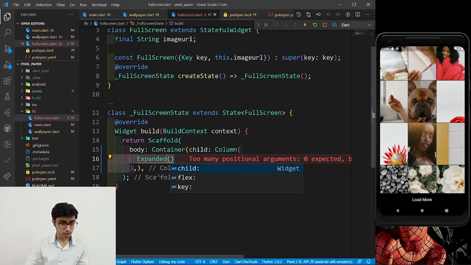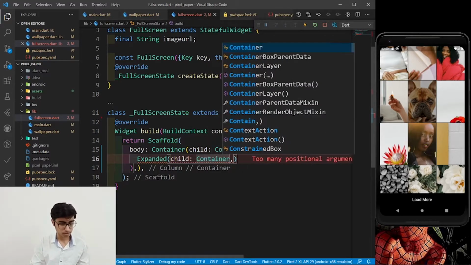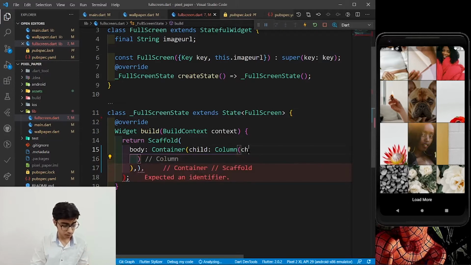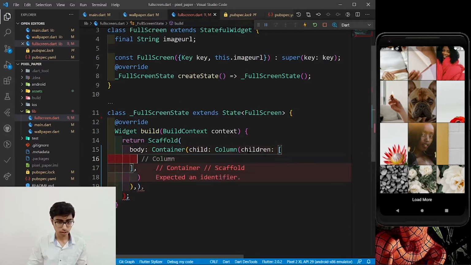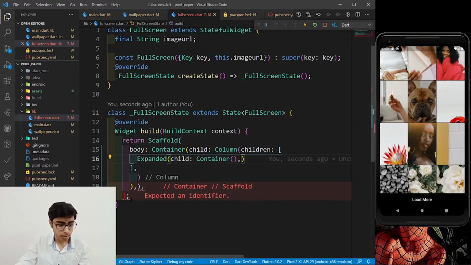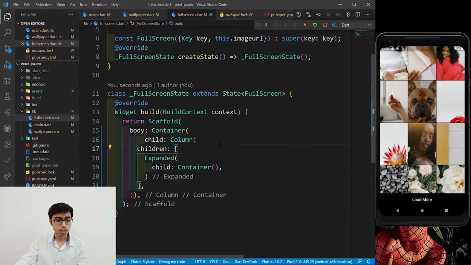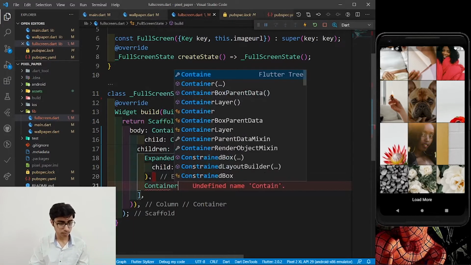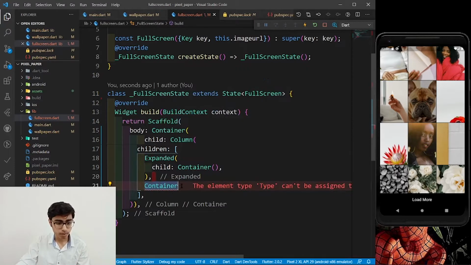So in the Expanded child Container, I have to define children first. So in the Scaffold, I'm defining a Container, then a Column with the children as Expanded Container. The second thing will be again a Container, and we can just copy it from the previous screen.